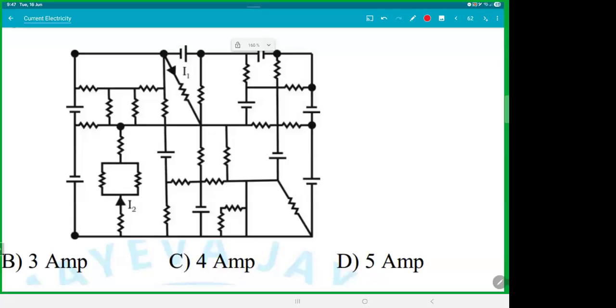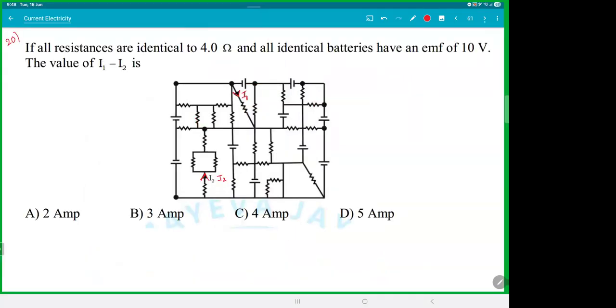Let's just magnify this a bit. So for I1, we will go like this. Yeah, so you're going in the battery plus V, plus V, plus V, minus V, plus V, and minus V. And you're going through only one resistor. So there are four plus V's and this thing. So 4V minus 2V minus I1R is equal to 0. I1 is equal to 2V by R, and voltage is given as 10, and R is 4, so that's